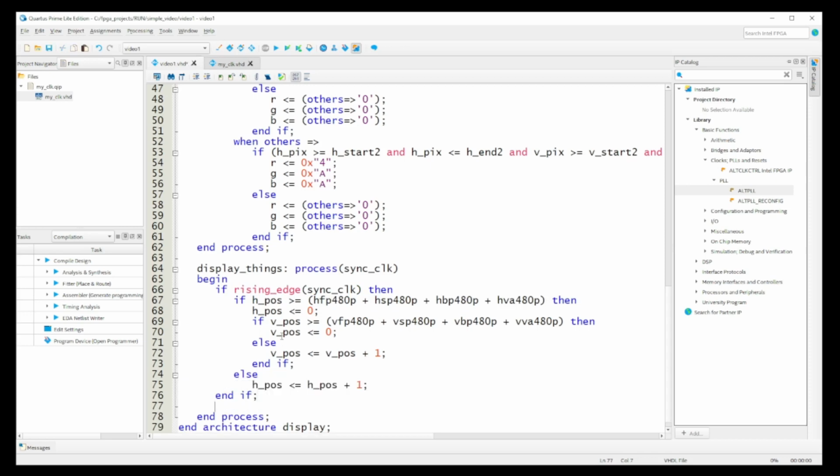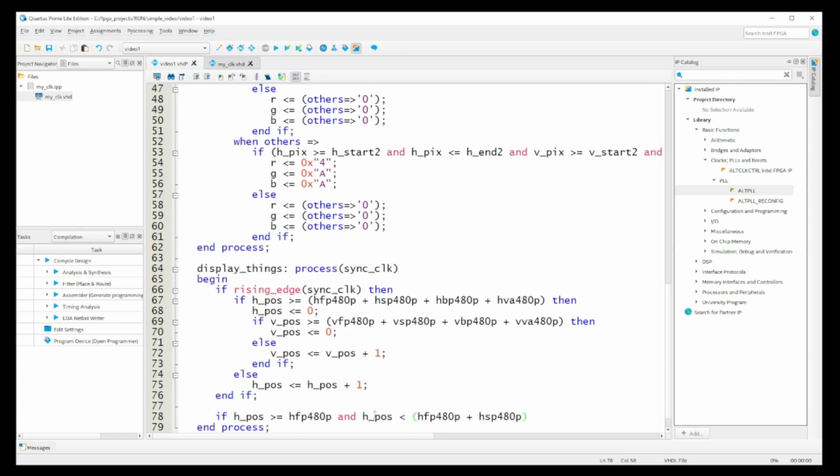I've created my counters. The last thing I need to do is to create my sync pulses, and we're just about done with this. For this, I don't need the rising edge of the clock. I'm just going to check my H position. If I've gone past my front porch, so if my H position is greater than the front porch, do I want to use greater than or equal to? I started from 0, so greater than or equal to. If it's greater than or equal to my front porch, and my H position is less than my front porch plus my sync pulse,